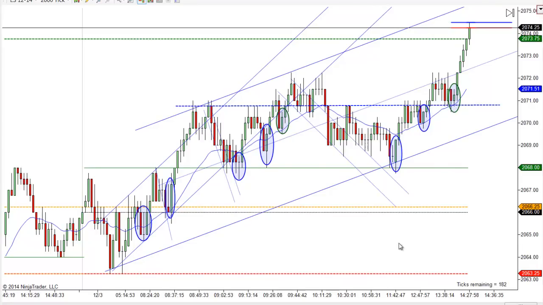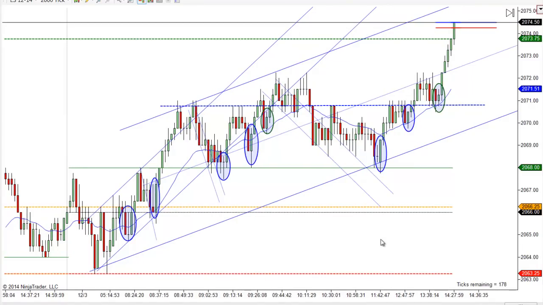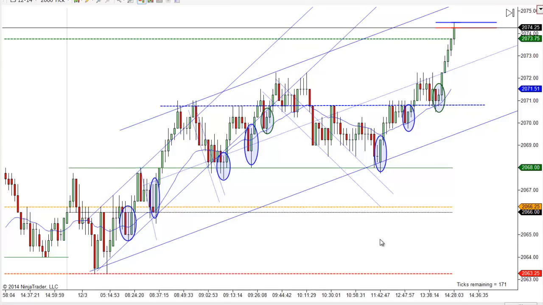But let's talk about the trade. It's going to be pretty quick today. I'm doing this a little earlier than what I've been doing the last few days, but I've got some other business I've got to take care of. So I'm going to go ahead and wrap this up and get